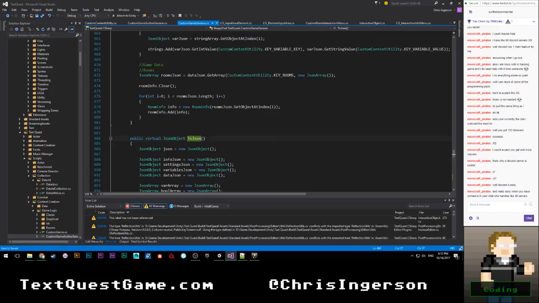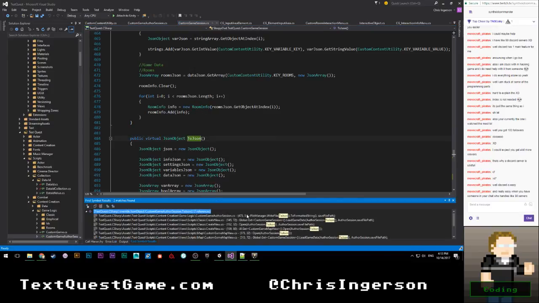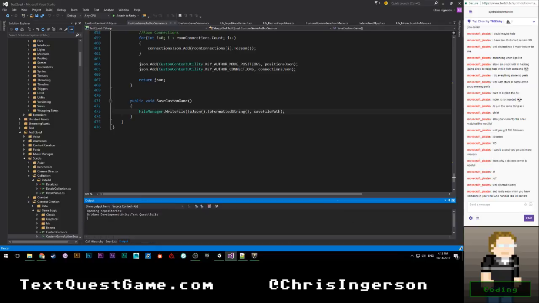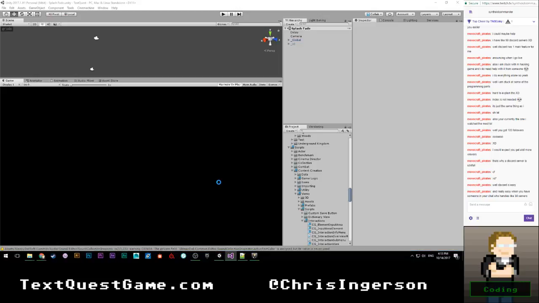This is our 2JSON final references. Yep, save custom game. Cool. So let's let that compile. And what should happen now is when we make an object and edit it, do whatever we need, it should save out, and it should have a massive blob of JSON that is correct. And we should be able to see that